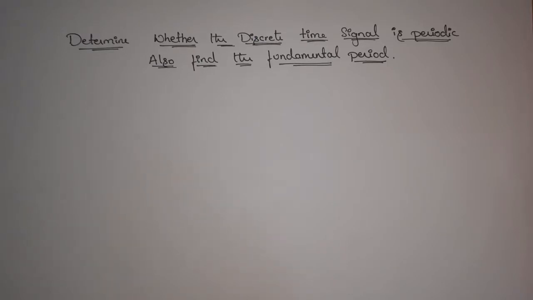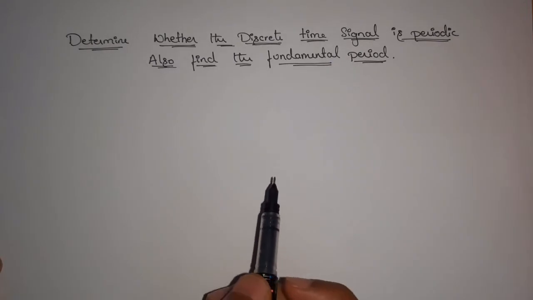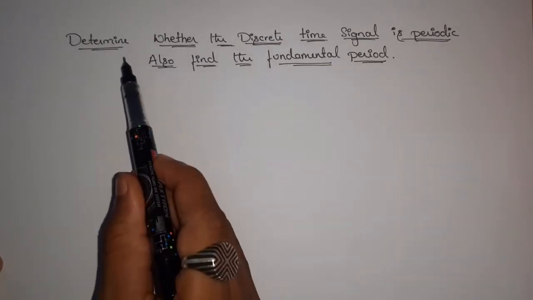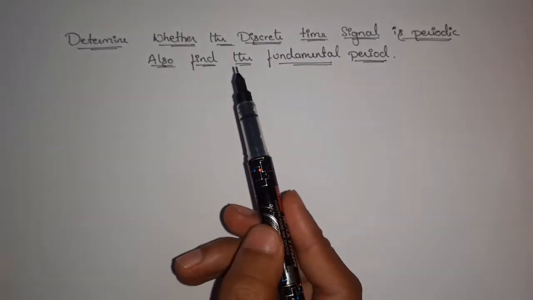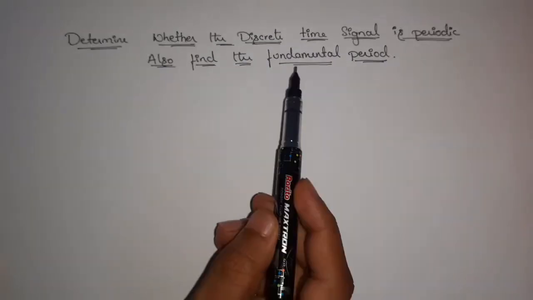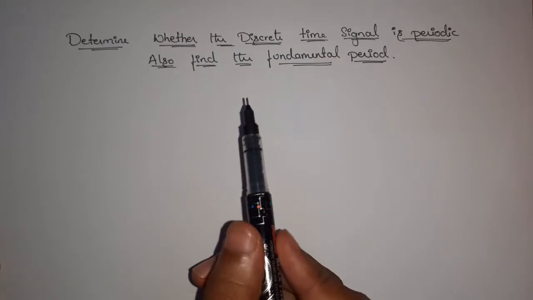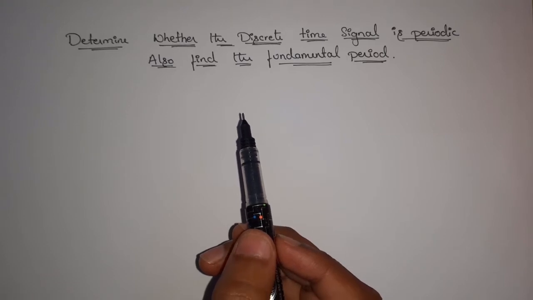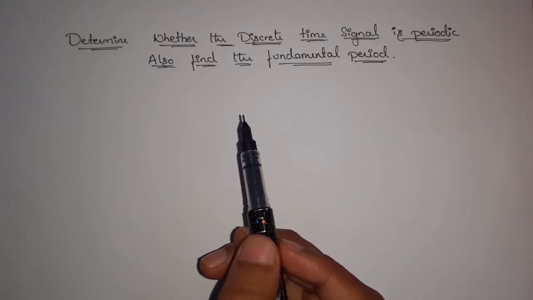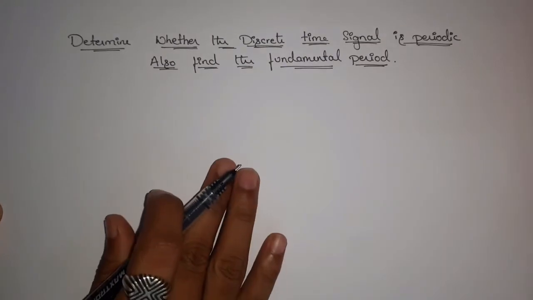Hello everyone. In this video we are going to discuss problems on discrete time periodic signals. The question is: determine whether the discrete time signal is periodic. If periodic, find the fundamental period. Now we'll move on to the problem. First problem is like this: